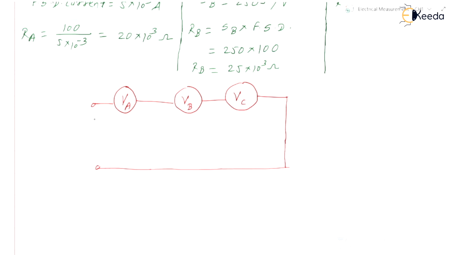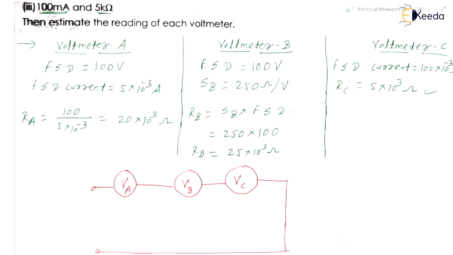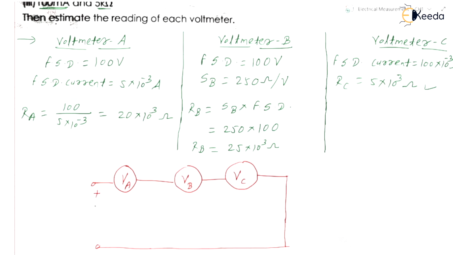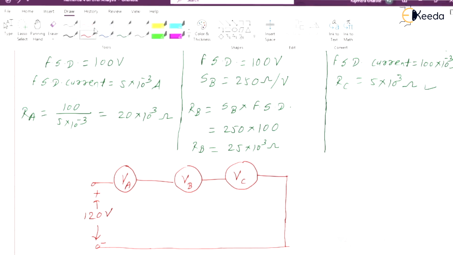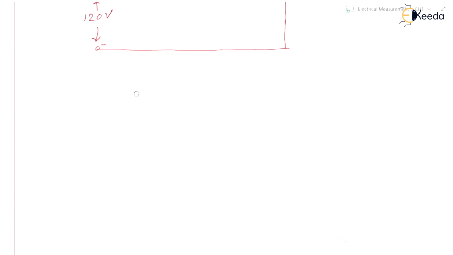And what is this voltage? It is a supply voltage which is equal to 120 volt. Okay, it is given. Next, further, can we replace these three voltmeters with three resistors? Yes, we can replace three voltmeters with the three resistors. Okay, so further we can redraw this network as